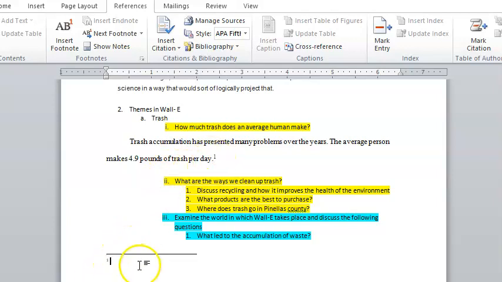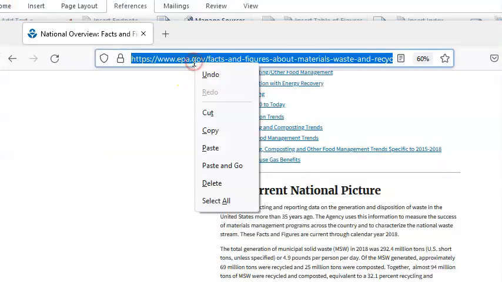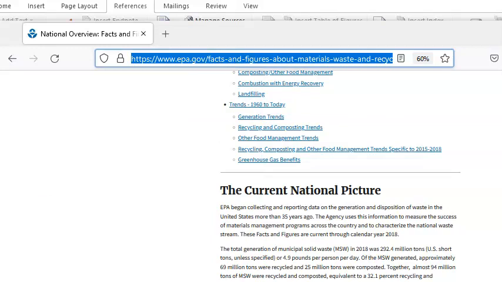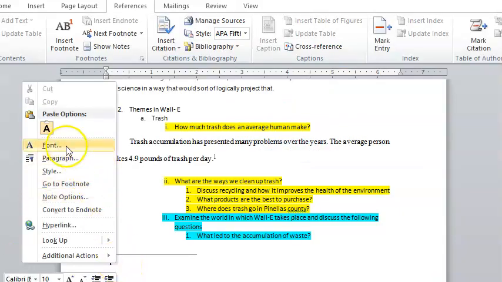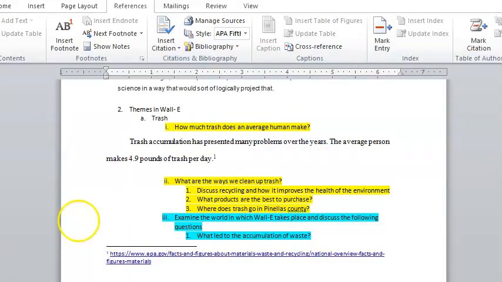Now, there are correct ways of writing footnotes. MLA has a format. Turabian has a format. Turabian is what I've used in my classes. But for this research paper, since we're just starting out and I really want you to focus on the content, I really just want you to tell me where you received the information. So you copy the website, and you go down here and you paste it, okay? And that's what I want to see as far as